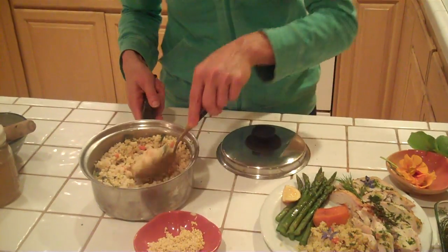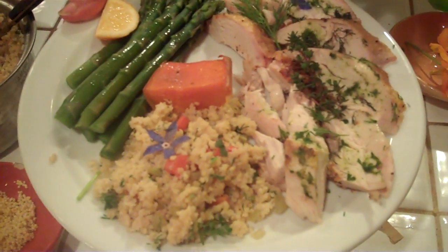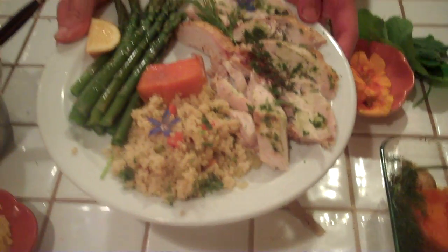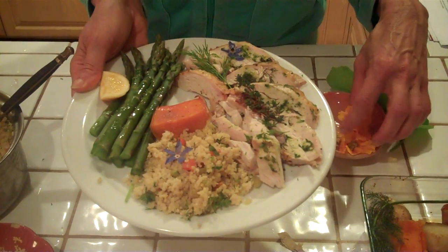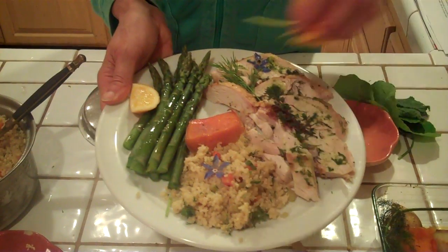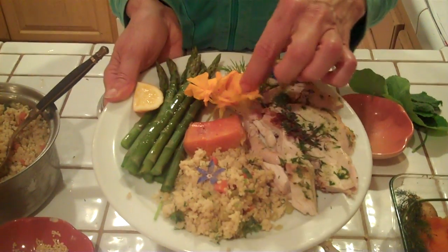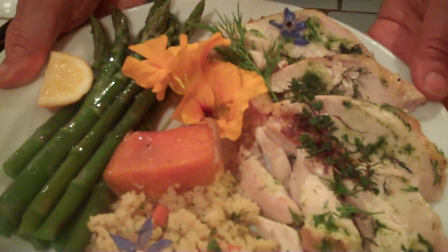which we'll enjoy with some delicious spring asparagus. I've got some of my leftover herb chicken, and this is a night that we like to use up leftovers. So I had some butternut squash that was left over. We'll have that with this meal, because I believe that we eat with our eyes as well as our senses. I always like to add as much color to my plate, so I've got my borage flowers and a little bit of beautiful nasturtiums to color this plate and make it look